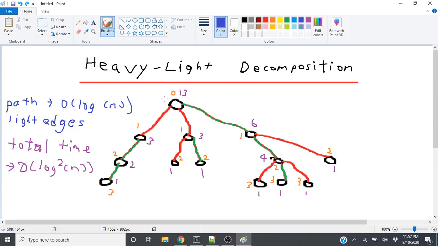So let's say initially we start here. The top of the chain of the root is 0. Then we go down here. So now the top of this chain is 1. And because this is a light edge,